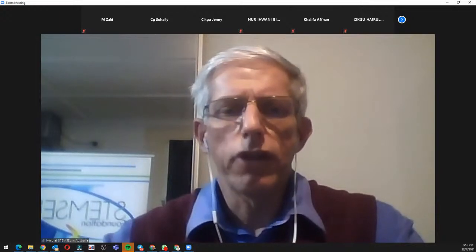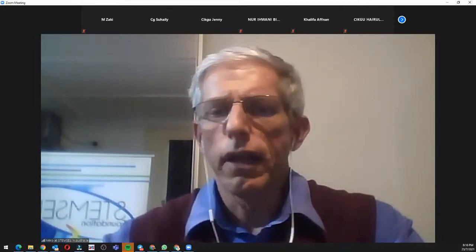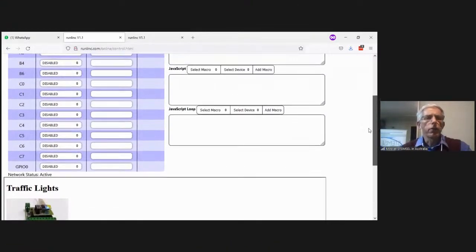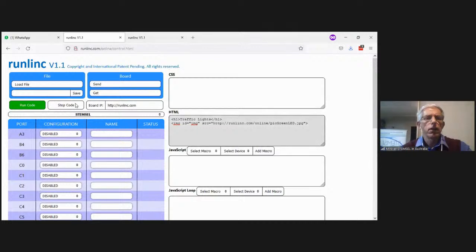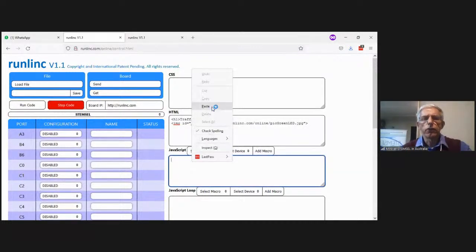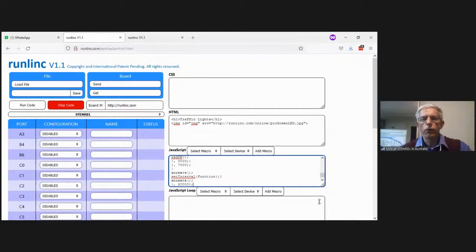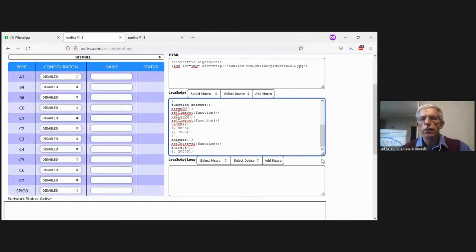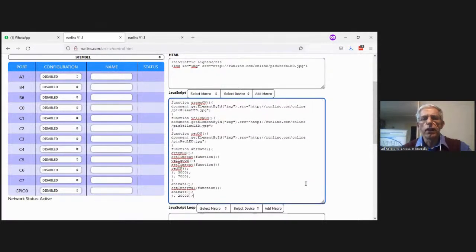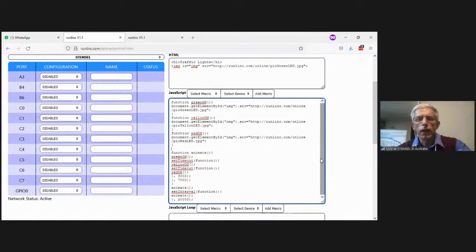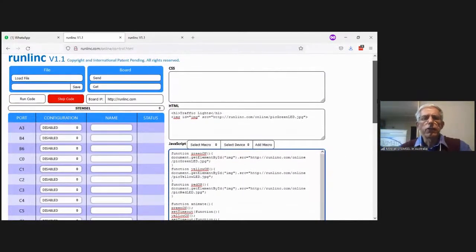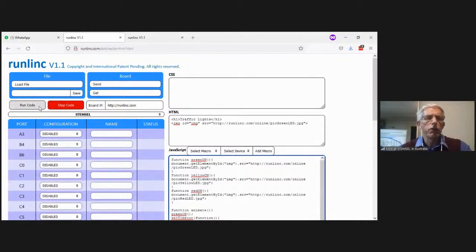Having trouble again with my sharing. Let me try again. Okay, here we are. This is Runlinc again, and we can stop the code, put the JavaScript in, and of course you can pull the JavaScript down so you can see it much easier as well. It is okay also to have some spaces. In this case, everything is a little bit together, so let's just space it out. And then let's see if the code actually executes. So if we run the code in this case,